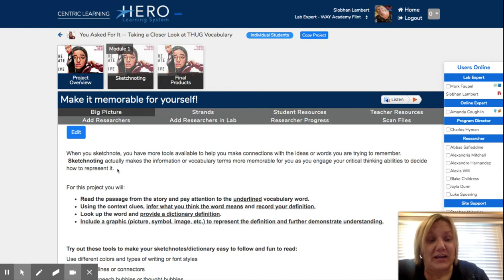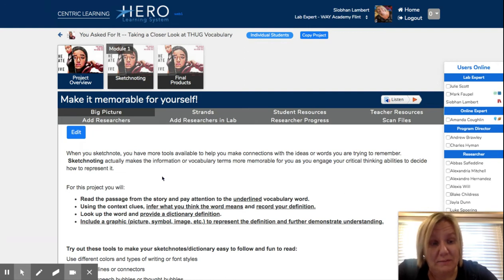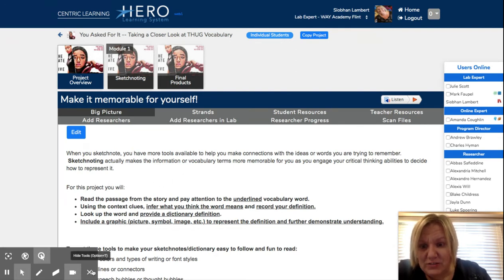So if we were talking about the word brawl, meaning a fight or a large battle between people, you may think that a fist would be enough to show you what a brawl meant. Some people might think a play on the word would be something else, but whatever graphic helps you is what we're looking for. So for this project, you'll read the passage from the story and pay attention to the underlined